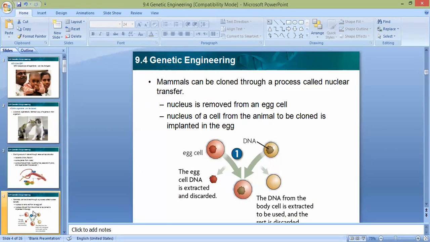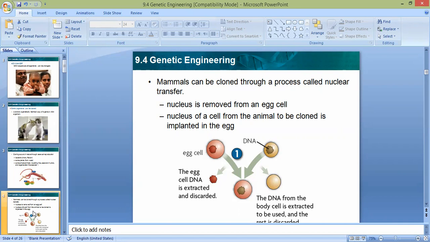ومن اسمها nuclear transfer يعني نقل النيوكليوس. وهذه النيوكليوس بياخدوها قلنا removed from an egg cell، بياخدوا egg cell بيشيلوا منها النيوكليوس وبحطوا بدالها DNA من body cell of the animal that I want to clone. يعني بدي اعمل cloning لشيب بدون ما اعمل sexual reproduction، باخذ body cell من هاي الشيب، DNA اللي بهاي البودي cell I will put it inside an egg cell after I take out the DNA of the egg cell. أخذت الإج cell حطيت جواها DNA تاعت البودي cell of the animal that wanted to be cloned